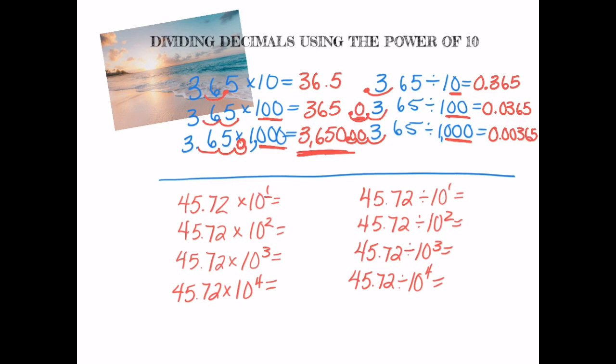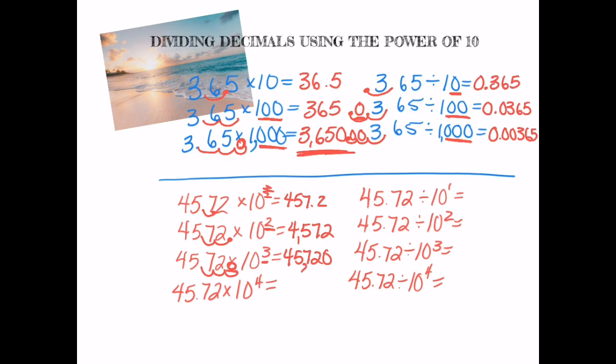Exponents tell me how many times a number is going to be multiplied by itself. And remember, we said that this one doesn't really mean much. It just means we're multiplying by 10. It's just the number 10 itself. When we multiply, we move to the right. That gives me 457 and 2/10. This one, I'm going to move over twice, 1, 2, which gives me 4,572. This time I'm going to move it over 3, 1, 2, 3. I'm going to fill in the ones place value with a 0, which gives me